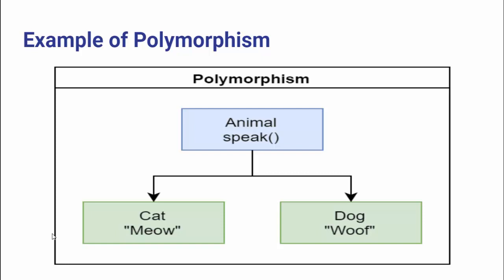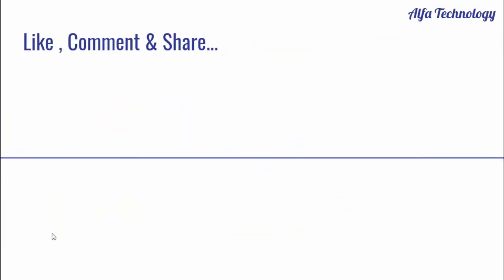Another thing is that we can make a pointer of the animal class and we can assign the addresses of cat and dog to it. Now whenever we call animal.speak, it will dynamically see which memory address it has and it will dynamically call the speak method of that class. So this is called polymorphism. So that was just a theoretical explanation of object-oriented programming and its pillars. In the upcoming videos, we will see how we can actually implement the concept of object-oriented programming and its pillars in real-world programs.